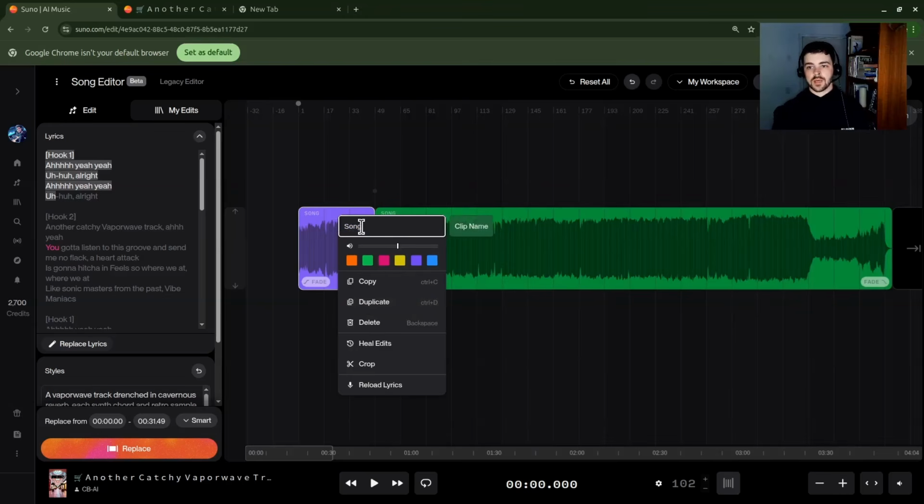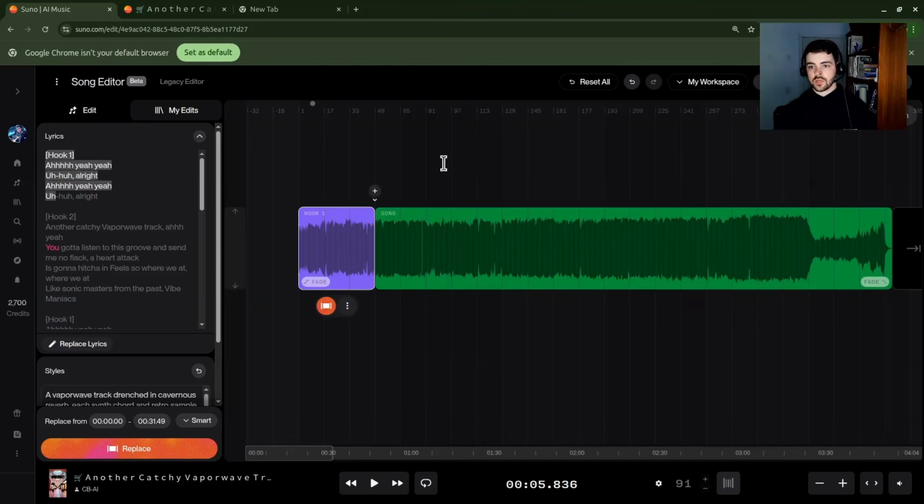So you can go up to the top, it just says song here in this box. The clip name, I'm going to name it hook 1, like that, and then hit the enter button. And now it is renamed hook 1. So we are good to go. And we would go through and continue to divide out our song until we have all of our